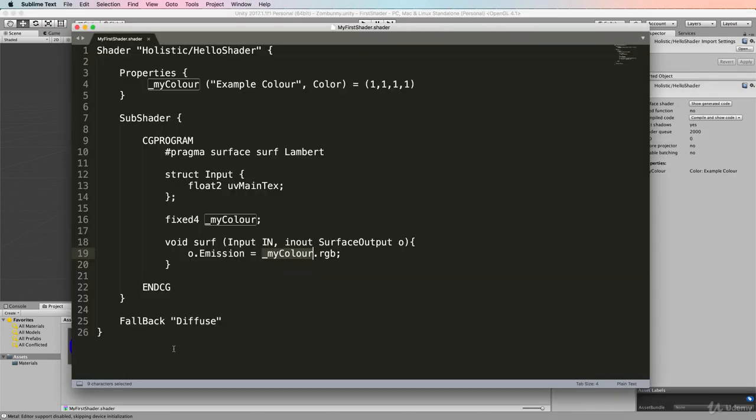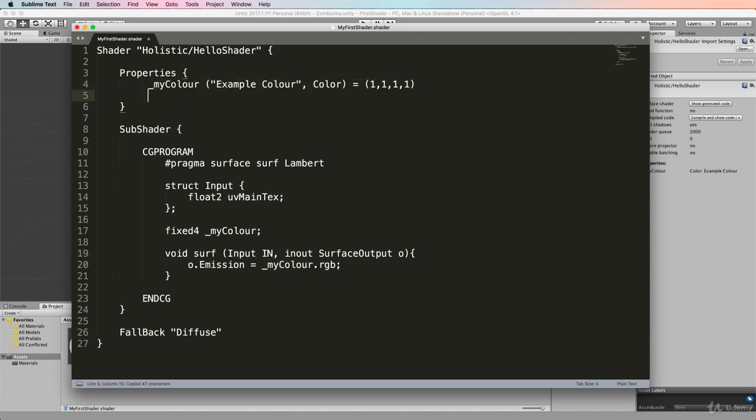But what we'll do is we go into My Shader, up to the properties, and we'll add another property. It'll be a color as well, and we'll call it My Emission, like that. And we'll set it to example emission for the text that will be in the inspector. So this is the text between the quotes that shows up in the inspector. This is the name of your property, and this is the type it is. This is its initial value, and we'll look at those in more detail when we look at properties in more